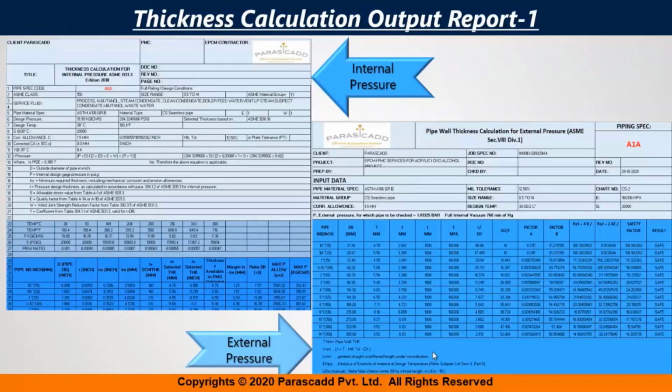The external pressure, similarly, we can export according to the spec with the pipe sizes, the factor that you have considered, the safety factor, and what was the result of it, whether it was safe to use or not. So both these data can be used ahead before you actually route the line, and this data of the approved wall thicknesses and the approved sizes can be used by you while doing the routing with your design team confirmation.